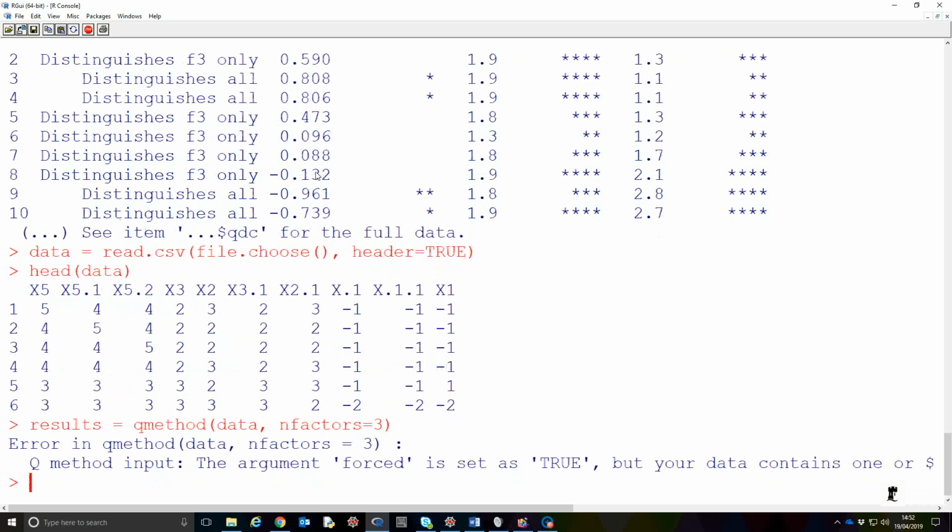So hopefully that's showing you how to quickly get some data into qmethod so you can have a look at your data and play around with it. The documentation suggests that you actually input the data as raw Q sorts, not as this kind of a summary table like that, and that you include participant data, you include information about the statements, some IDs on the statements and things, which is probably a good idea really in the long term, but just like I say, to get playing around with it, this is probably as good a way as